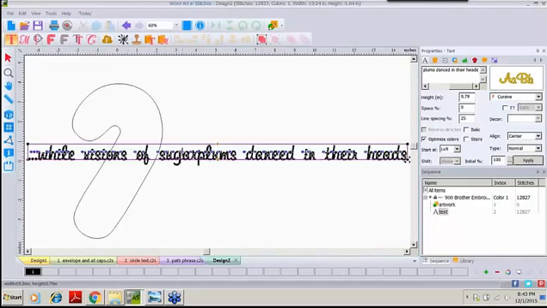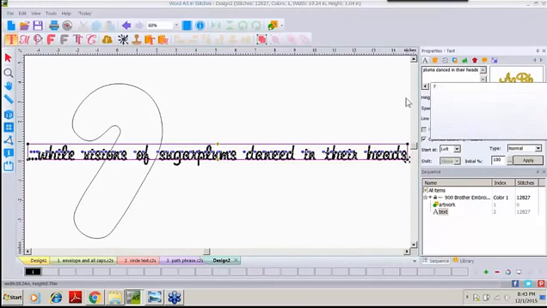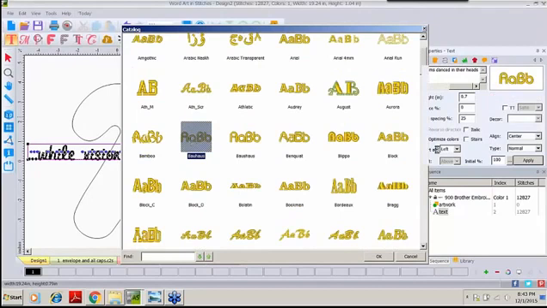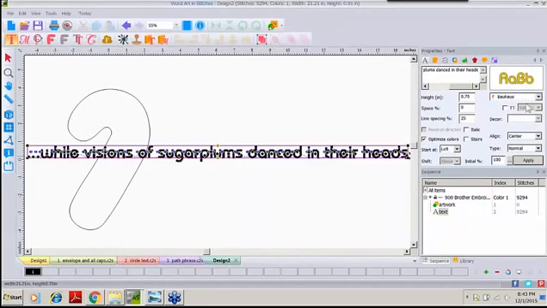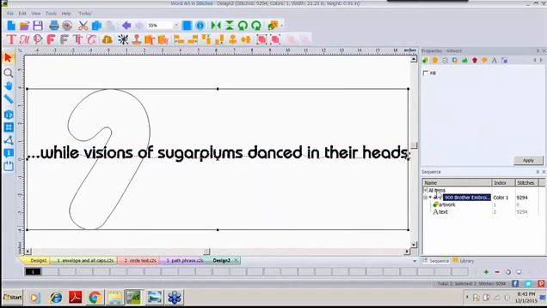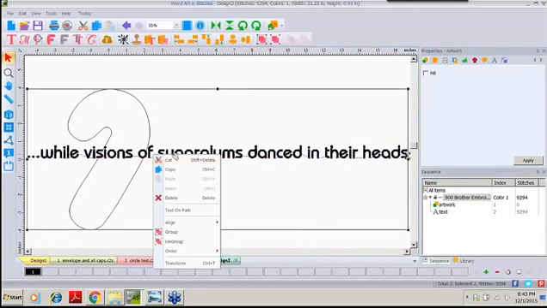And we see that the text is on the screen. I'm going to do just a few alterations to my text. I'm going to make it a bit smaller, 0.7, and go in and get a different font that I know will work well. We'll do our Bauhaus. I like this font, and I think for the moment that's going to work for us. We'll go ahead and select both of them. One of the easy ways I can do that, since there's only two things on the screen, is I can either click the color, since they're both in the same color, or I could have clicked on all items,